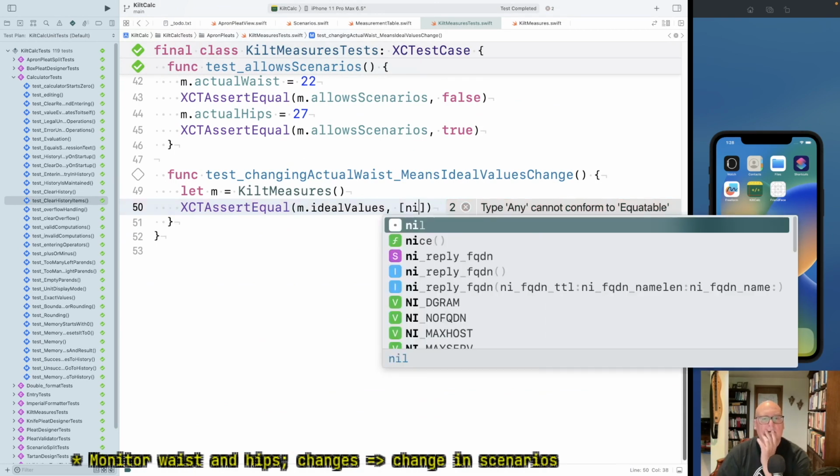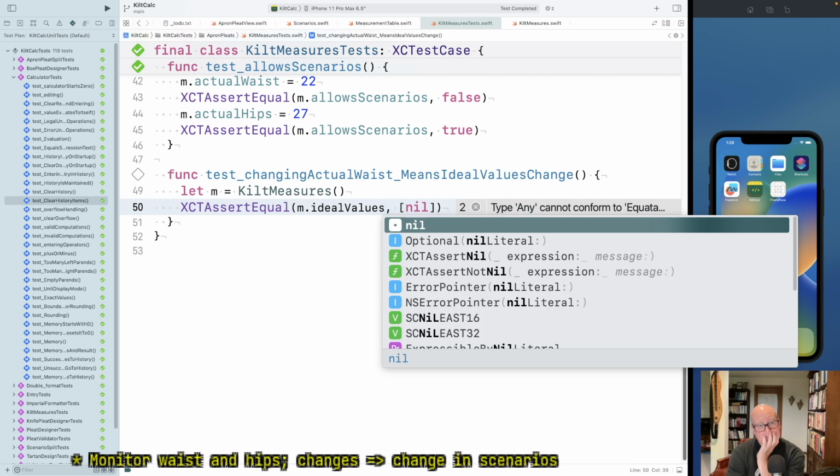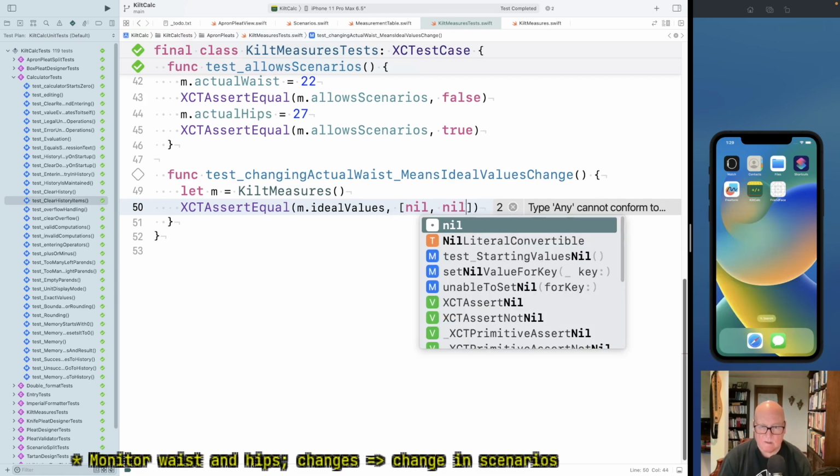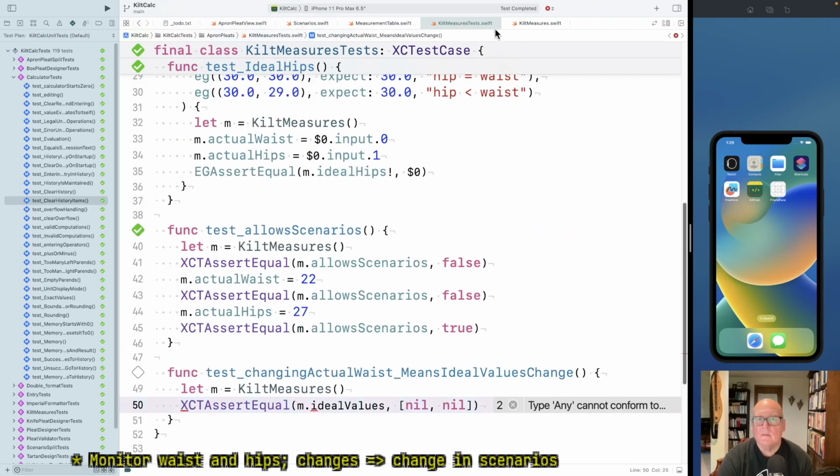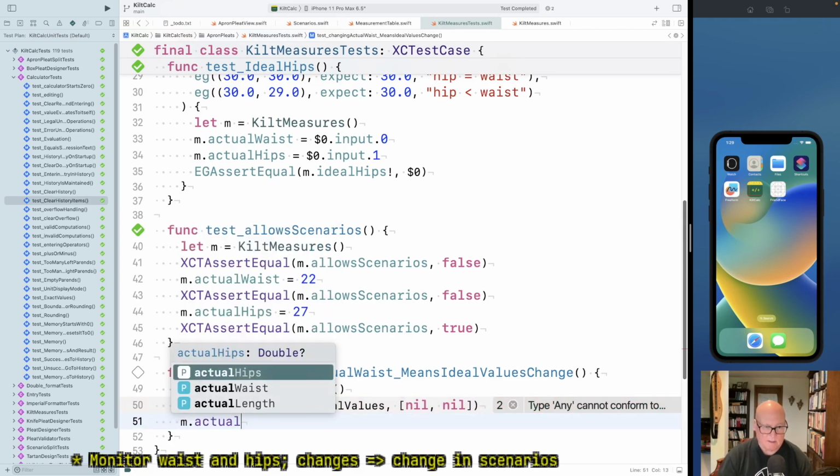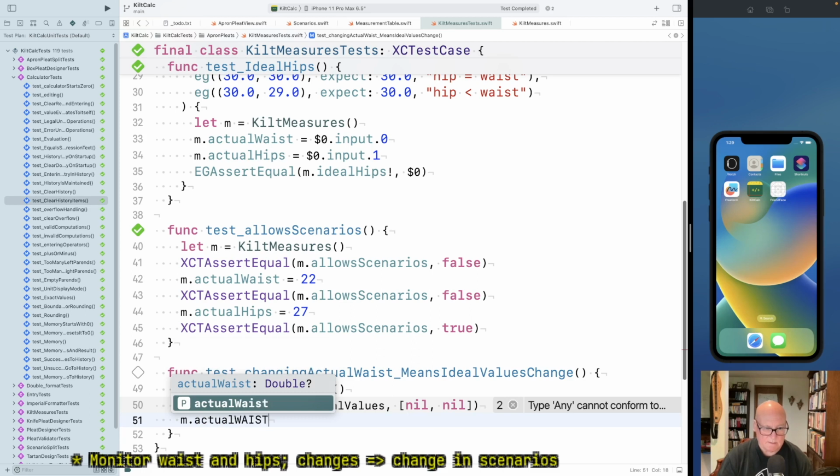Oh, can I do that? I don't know if this will work. Okay, so, well, let's finish the test. Then if I set m dot actual waist equals 20,